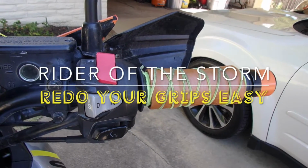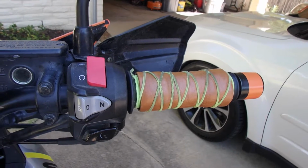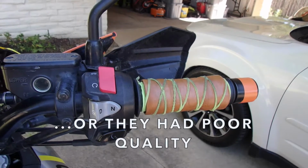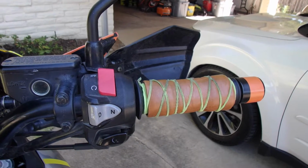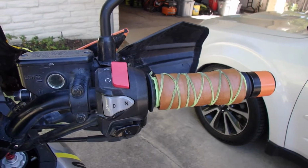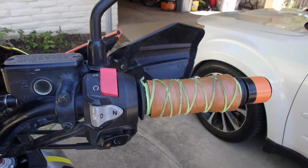As I started riding more and more, I realized that I was going through hand grips very often, and the hand grips I wanted at the store weren't available all the time. There is a shipping problem here in America right now, so a lot of stuff just isn't coming in. But what I've done to solve my grip wear problem is I've put on a layer of leather, just using